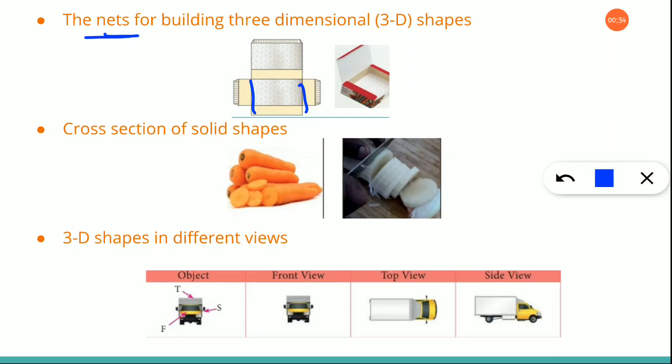Okay, now the next one is cross section of solid shapes. For example, if you are taking a wood or a kitchen thing, even a pen, if you are cutting into